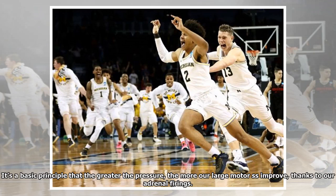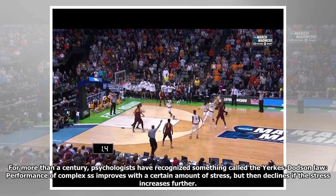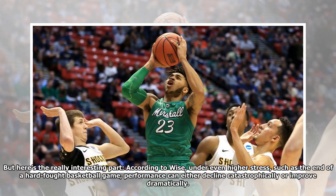It's a basic principle that the greater the pressure, the more our large motor skills improve, thanks to our adrenal firings. As Jeff Wise, author of the book Extreme Fear: The Science of Your Mind in Danger, said, any idiot can run fast when a bear is chasing you, but stress has a subtler and not always helpful effect on fine motor control. For more than a century, psychologists have recognized something called the Yerkes-Dodson law. Performance of complex skills improves with a certain amount of stress, but then declines if the stress increases further. But here's the really interesting part. According to Wise, under even higher stress, such as the end of a hard-fought basketball game, performance can